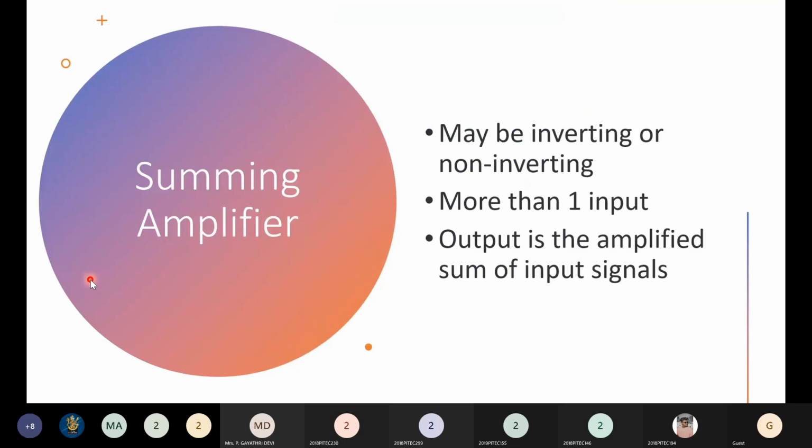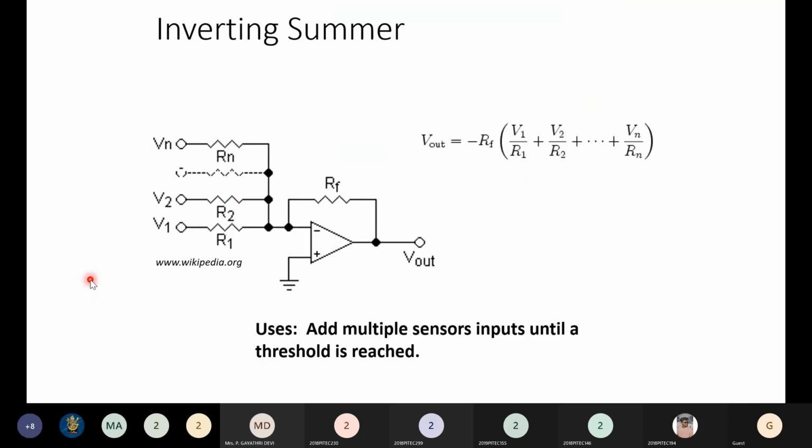So first, adder. When you want to add two voltages, you can use an op-amp to construct a summing amplifier. And this is how your summing amplifier will look. Actually, you have two types of summing amplifier: inverting and non-inverting. So you have inverting summer, non-inverting summer, or I can call it inverting adder or non-inverting adder. Now this is an inverting adder circuit. See, multiple inputs are given to the inverting terminal and the non-inverting terminal is grounded,